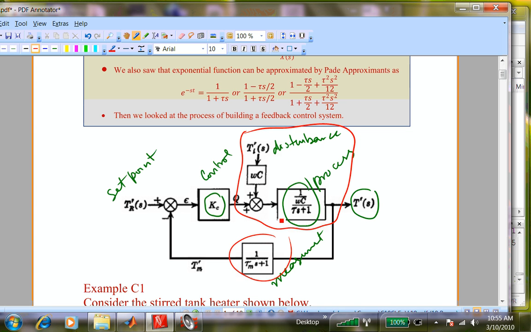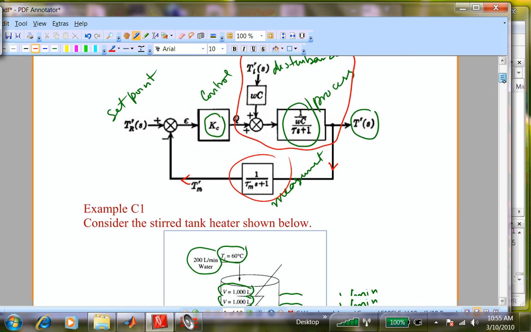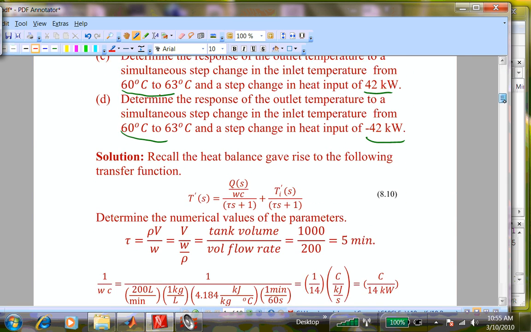So the whole control problem is a feedback control where the information feeds back and affects the process temperature. Okay? So the first problem is only about the heater itself. That's the first thing that you need to understand, because you need to pull out the corresponding transfer function for that block, which we